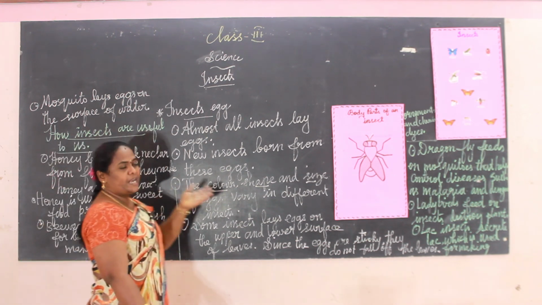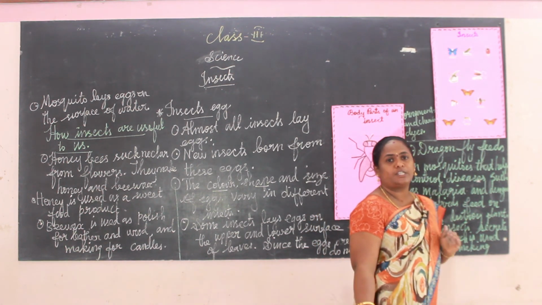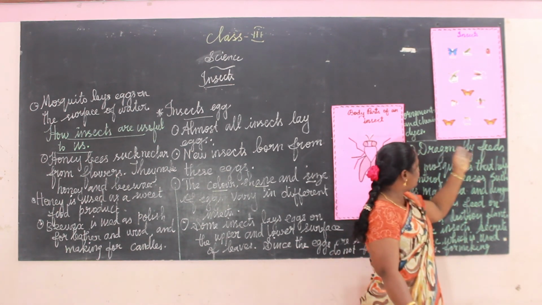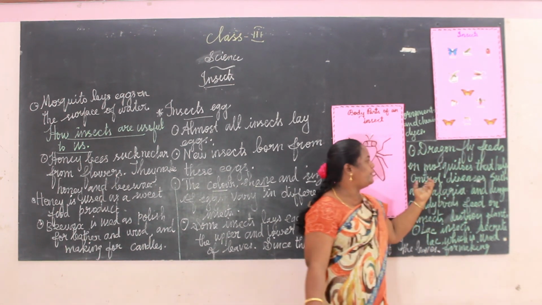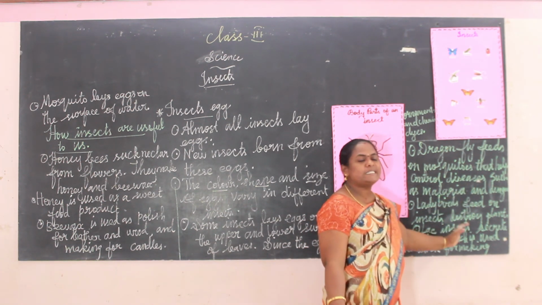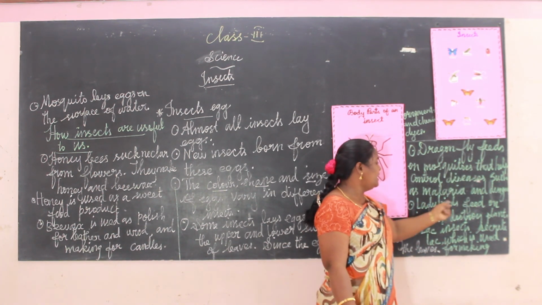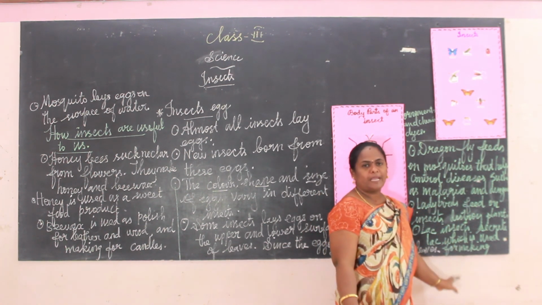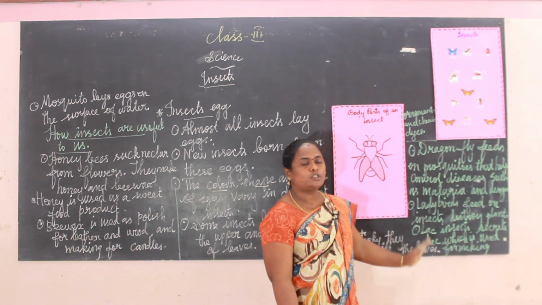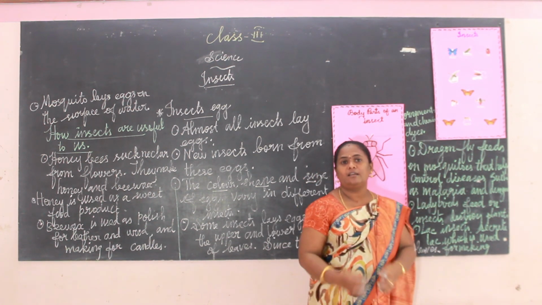And then dragonfly feeds on mosquitoes. When the amount of mosquitoes is reduced, we get some relief from diseases. So dragonflies feed on mosquitoes that help control diseases such as malaria and dengue. And ladybirds feed on insects that destroy plants. And then the next one is the lac insect. Lac insects secrete lac, which is used for making ornaments and chemical dyes.